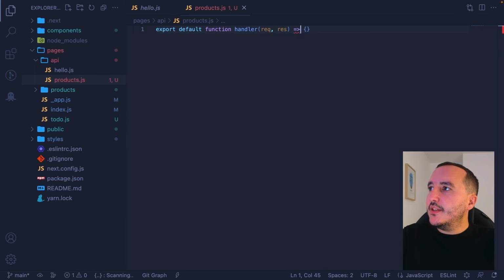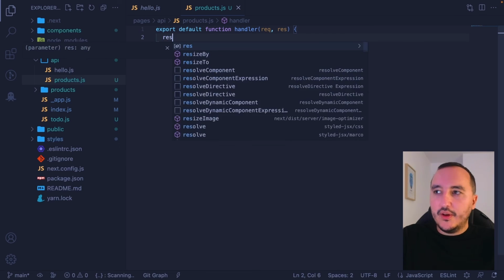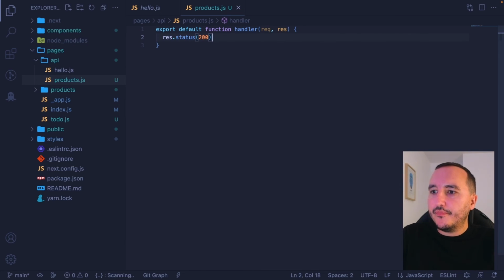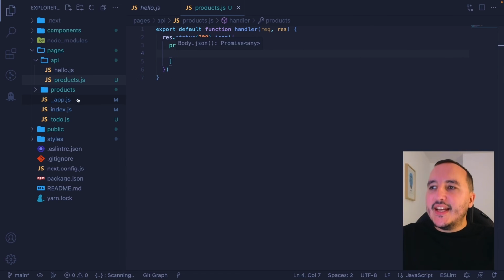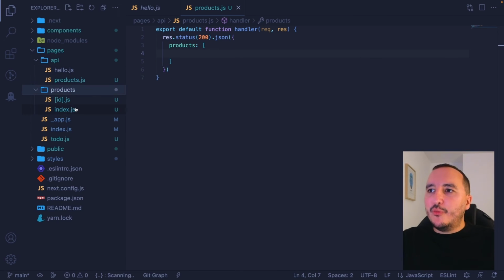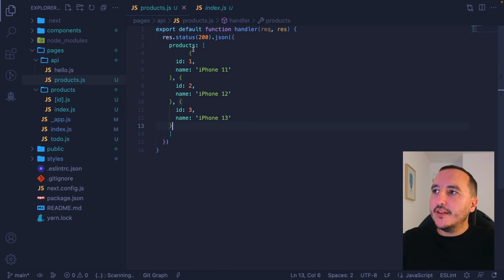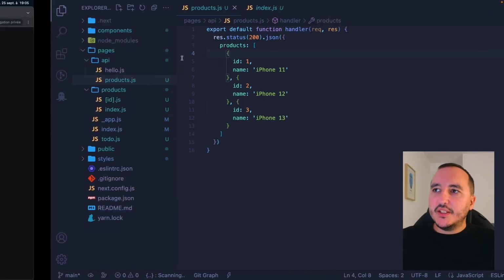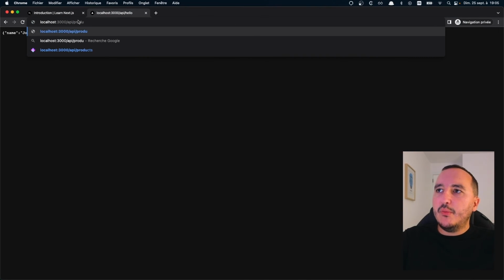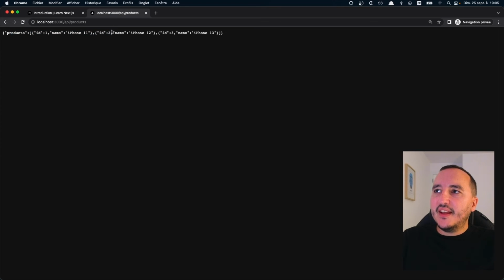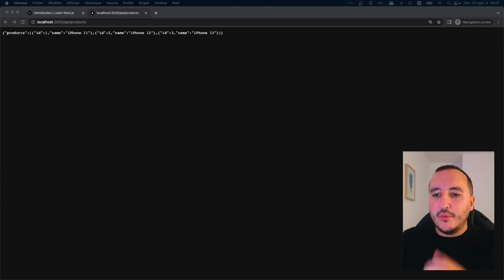Let's say that this new function is going to raise a status of 200 and return a JSON object, which will be a list of products. And let's say that we get back on our page products, which is here, and we use this list. All right. Now I've got a route, exactly like the file routing system that has been created for me on the API products. And look at that, I got my products in here, which is amazing